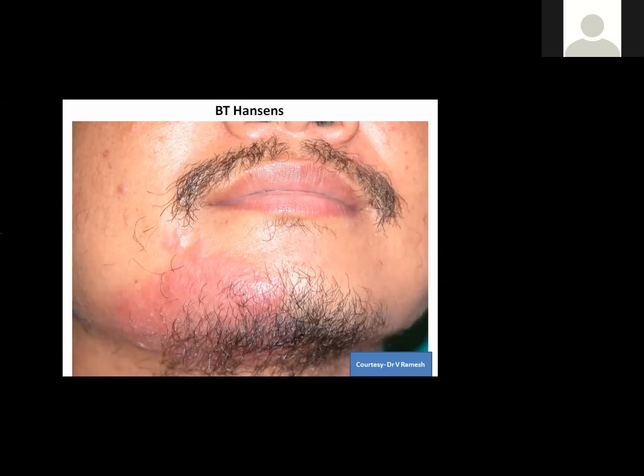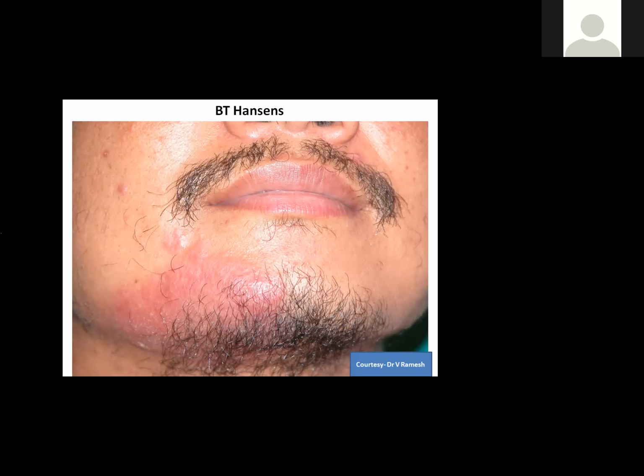And then he showed me the clinical picture of this patient from which the biopsy had been taken. This was a case that manifested as an erythematous plaque on the chin with satellite lesions, sparsening of appendages, so classic of borderline tuberculoid leprosy. It was indeed a case of BT Hansen's that responded to anti-leprosy treatment, but it clearly showed a skin biopsy suggestive